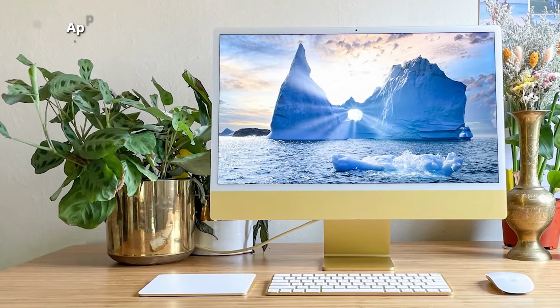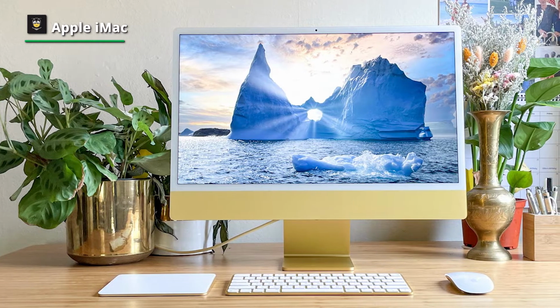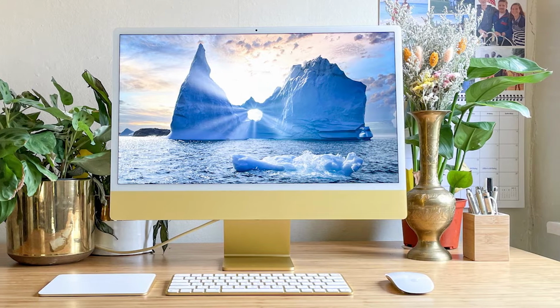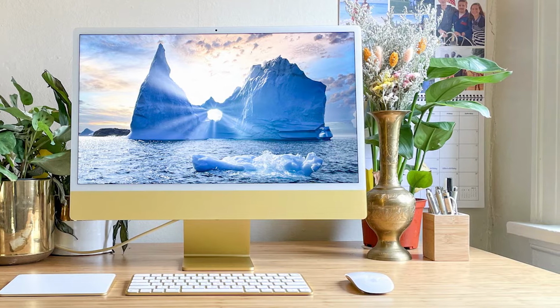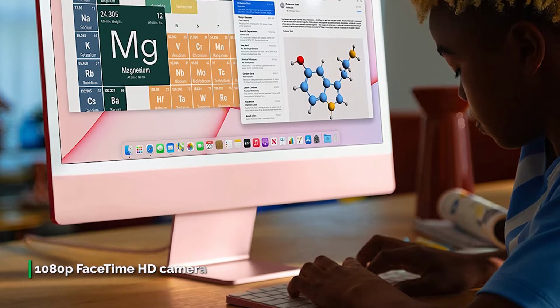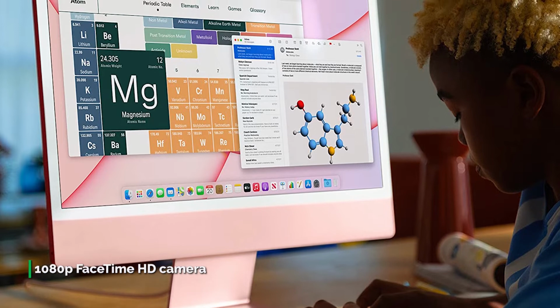This 2021 iMac is an improvement on its 21.5-inch predecessor in pretty much every way. It is an excellent option that gives you all that extra screen real estate while not taking up much more desk space. By design, it has a more rectangular design that's thinner and more compact than ever. And when it comes to its impressive makeover, it is available in 7 shades, including green, yellow, orange, pink, purple,